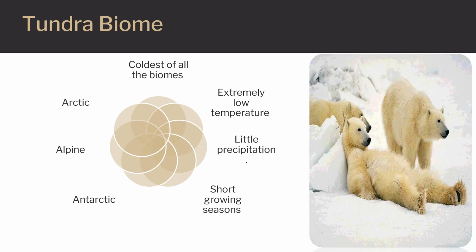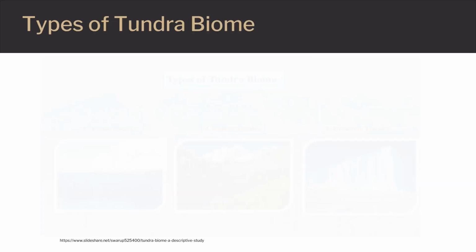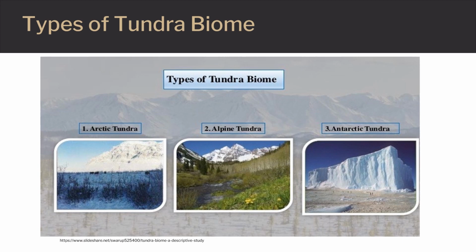There are 3 types of tundra biomes, which are the Arctic, the Antarctic, and alpine. The Arctic tundra is the land around the North and South polar regions. The alpine tundra can be found on mountainsides. Antarctic tundra is